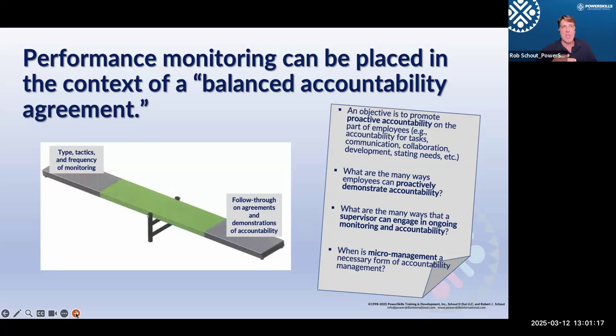But set that up in a way where you are making some agreement that I'll back away. Will you chime in every 2 weeks or give me an update every week so that I don't have to come back in and do oversight? So set up some agreements so that micromanagement isn't necessary on an ongoing basis.